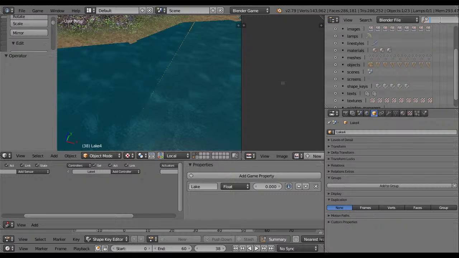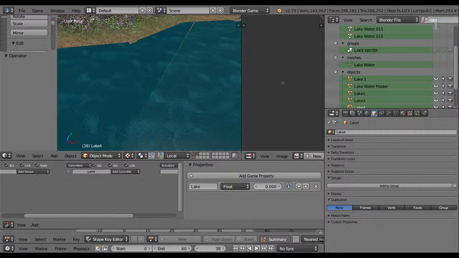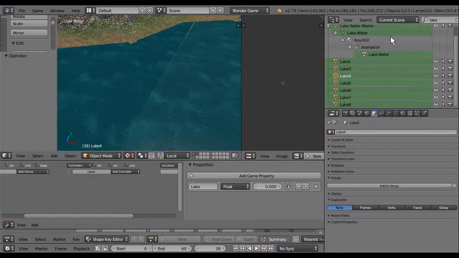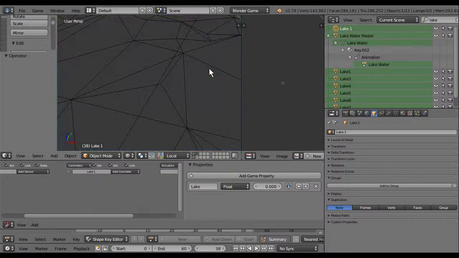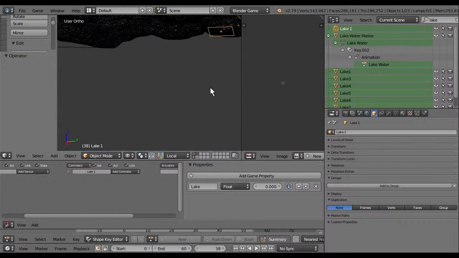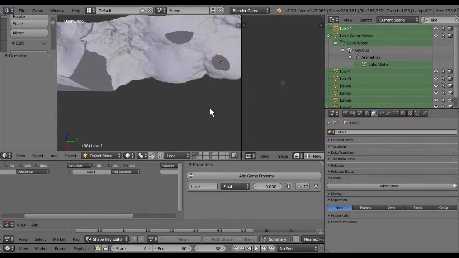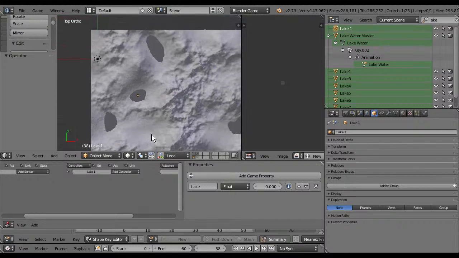Lake 1. Current scene, Lake 1. Yes, that's Lake 1.